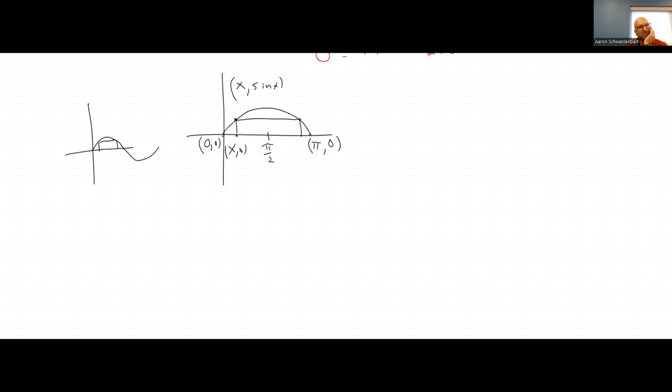That makes sense? So if I'm doing length times width, my width of this is sine x. That's this vertical height. My length here,